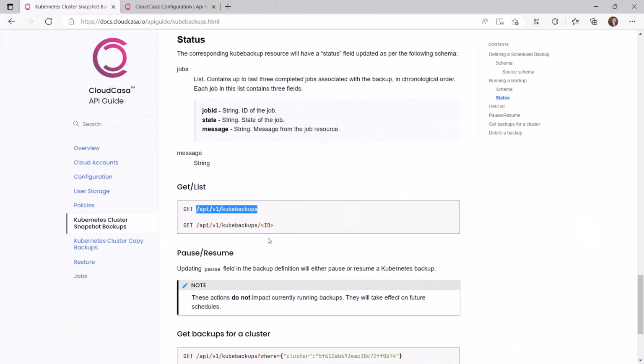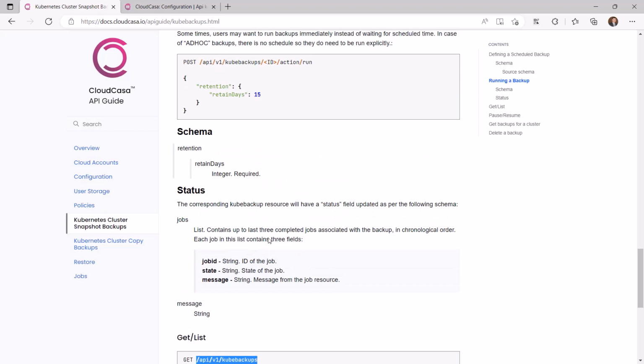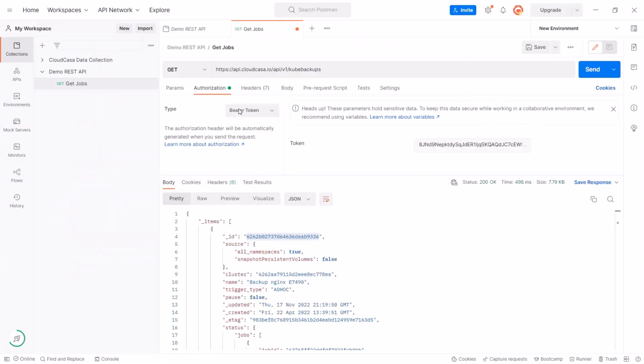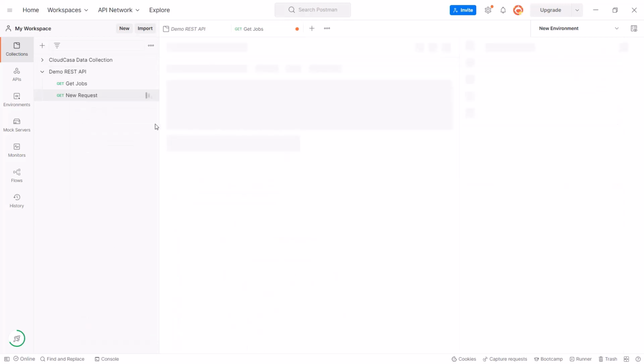With the job ID, I'll jump back to the reference guide and look up the details of the request to start my job. So this is going to be a POST request to the Kube Backups endpoint with the associated job ID, along with a body that I will need to send along with my request. So let's jump back to Postman, and I'll create a new request here,